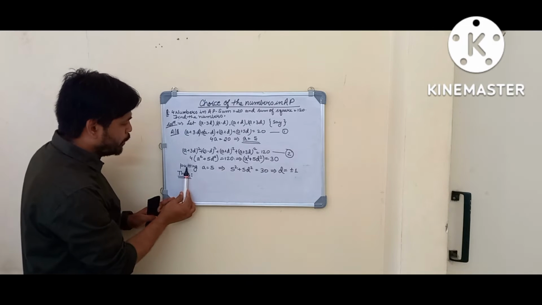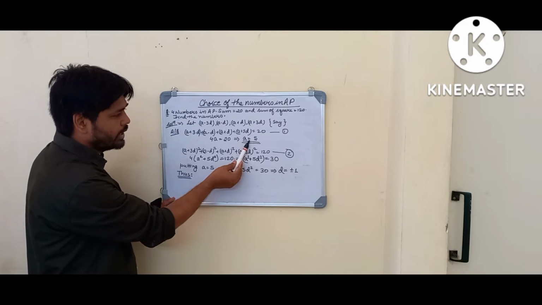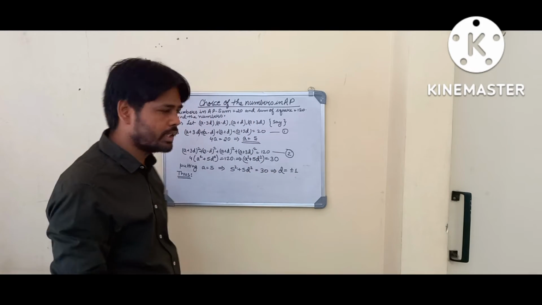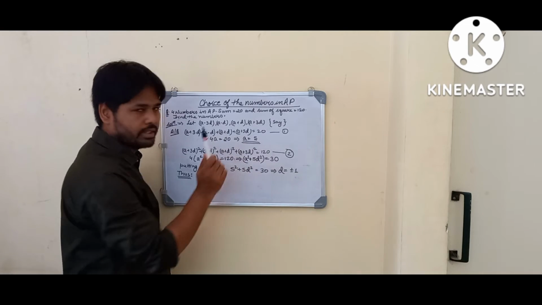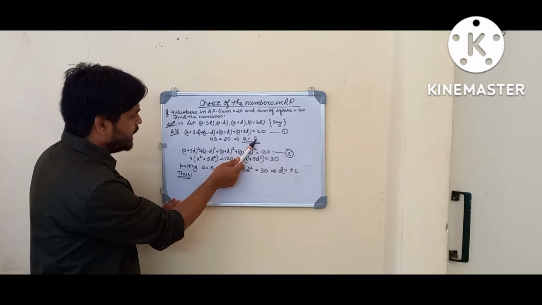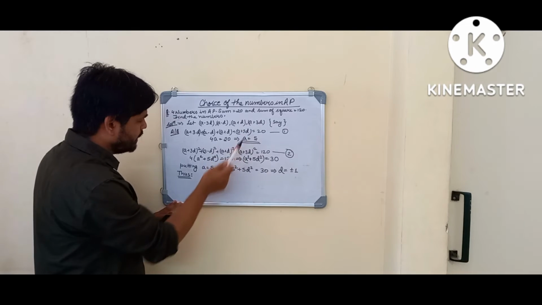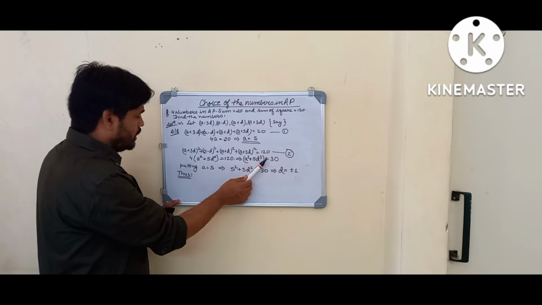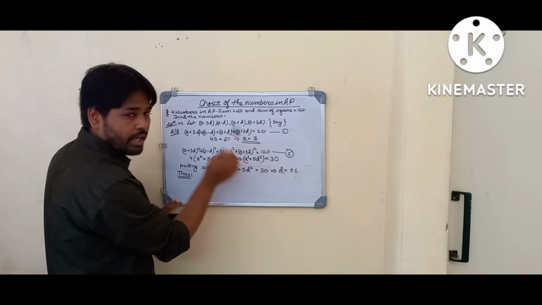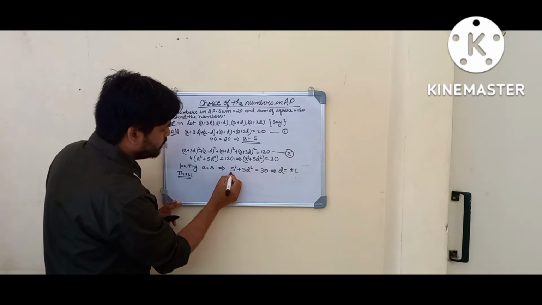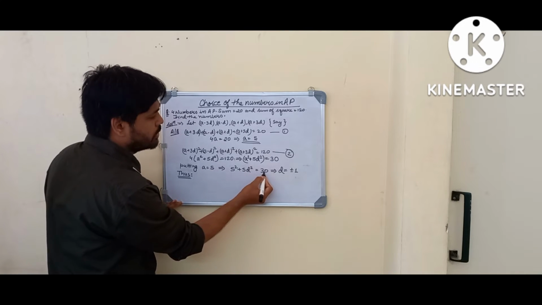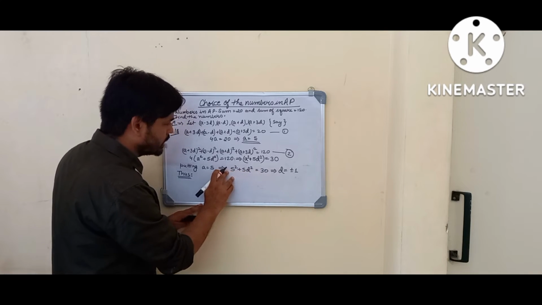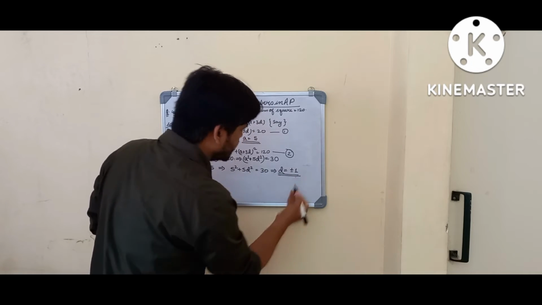Now, putting A equal to 5, which we have already obtained. As I told you, dear friends, it is impossible to find the numbers in sequence unless we have both the values A as well as D. So putting the value A equal to 5 in the equation we have obtained, we reach 5 square plus 5D square equal to 30, and on solving this equation we get the value of D equal to plus minus 1.